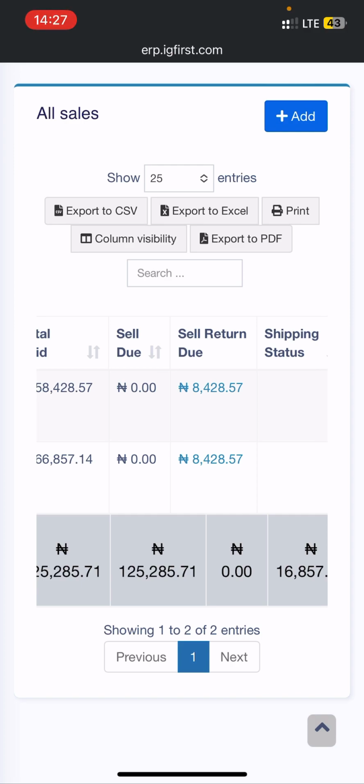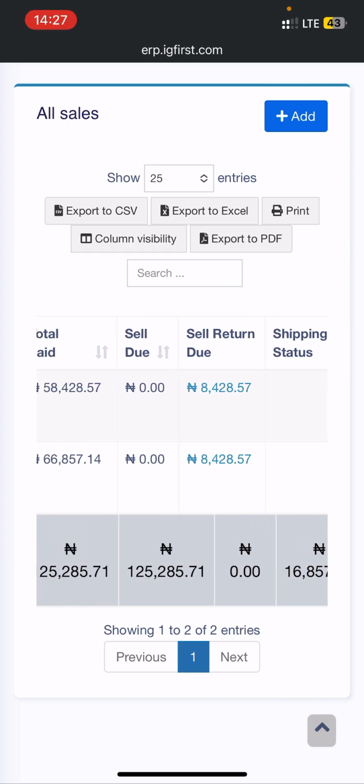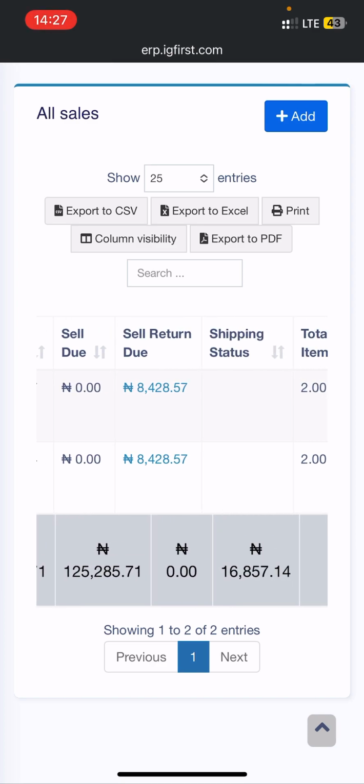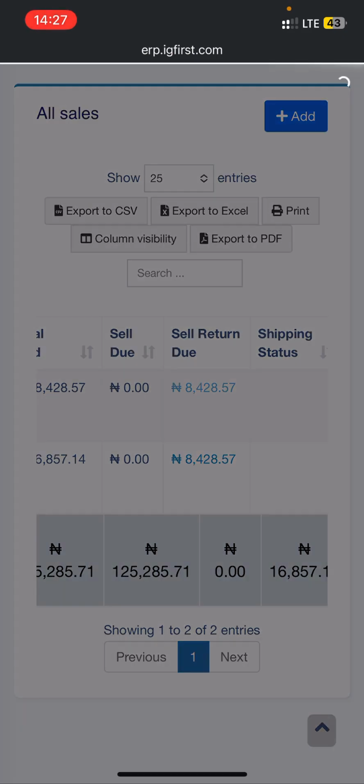You can see 8,428, right? This is telling us that a product has been returned, but we have not yet removed the money somehow from the business. And under sell return due here, once we click on that particular money, it will pop up,